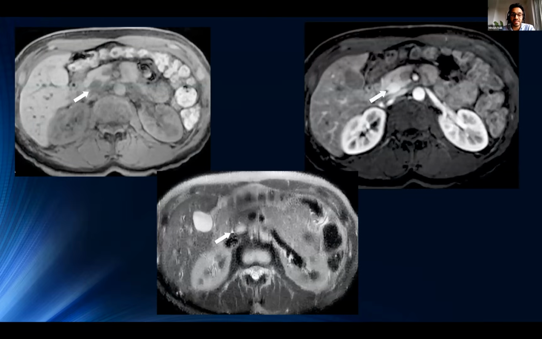So here's an example of a pancreatic tumor on MRI. On the left-hand side, I've got a T1 weighted fat saturated sequence where it's of low signal. And then on the top right, contrast has been administered. You can see the kidneys are highlighted and very bright, and the lesion within the pancreas also uniformly enhances. The bottom image shows a T2 weighted sequence, which is slightly noisy, but you can see it's got that bright signal that I mentioned. You can compare this to the gallbladder or the adjacent fat, and you can see that they're similar in terms of their intensity.